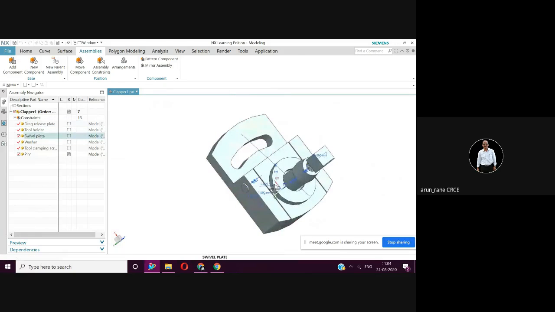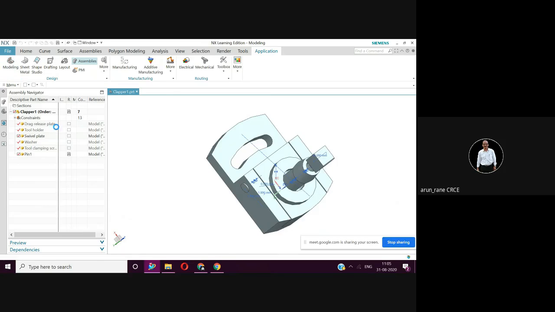Now I'll make changes in the component drawing. See face of drag release plate and the face of this swell plate, they are at one level. So now I will make changes in the component and I will see whether it is reflected in the assembly or not. See even this is also matching properly. This radius is also matching properly. So what I'll do now, I'll go to modeling. See this is how you can switch over application modeling,